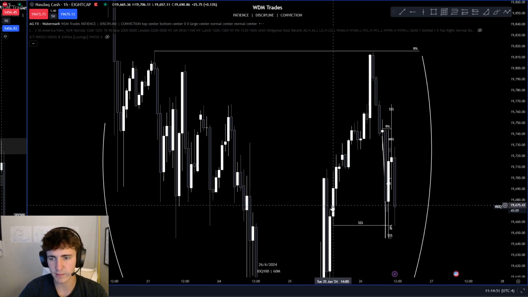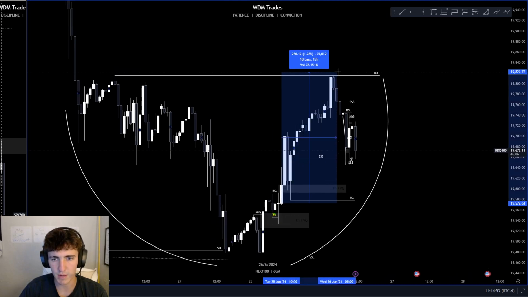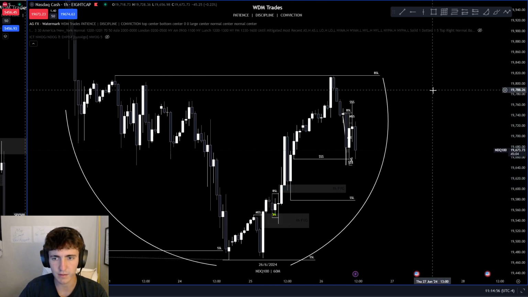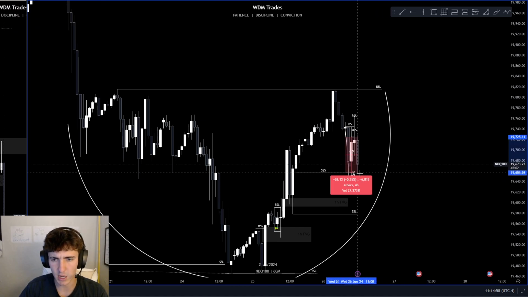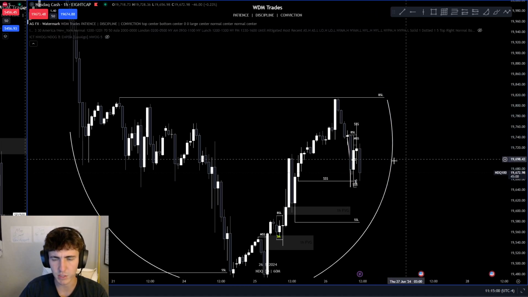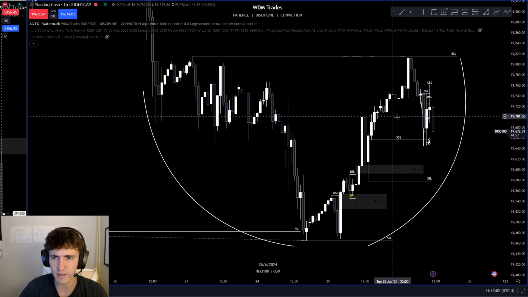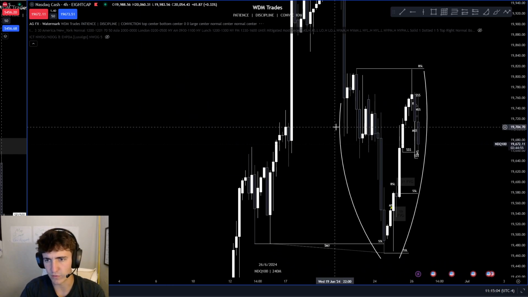My analysis was we had the sell side level get taken on both SPX and NAS. Now on NAS, I still had a lot of faith in this market maker buy model that we almost completed right here, but we didn't complete. So I still think we might chop here, then maybe tomorrow get that expansion move to the upside, because I still have faith in it. Because like you see on the 4 hours, all price is doing is rebalancing.